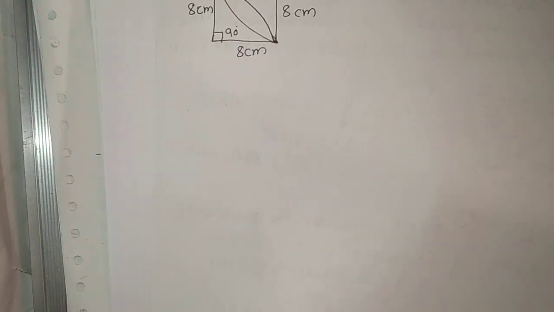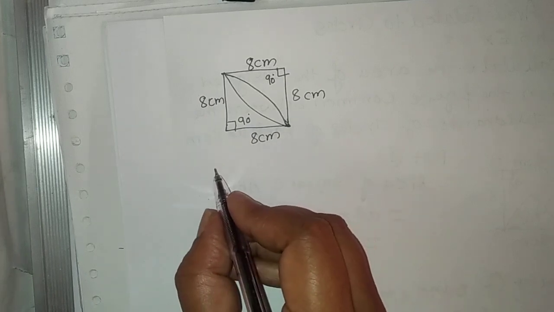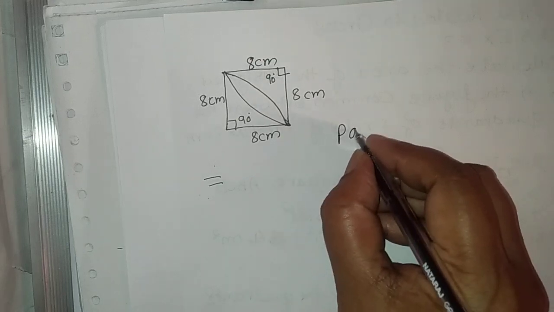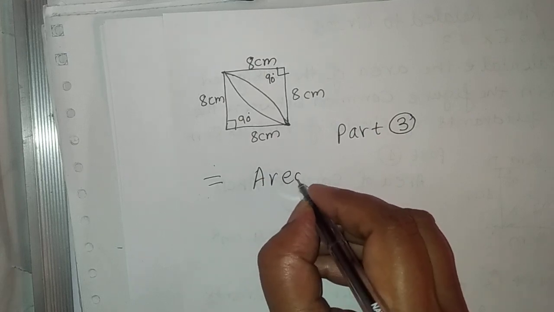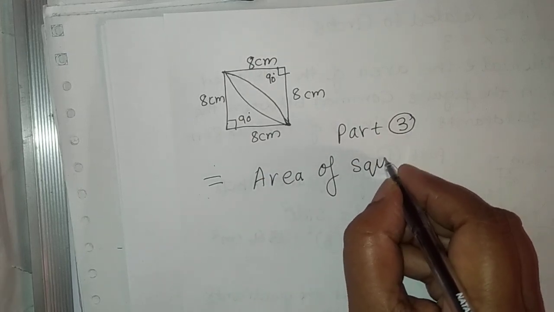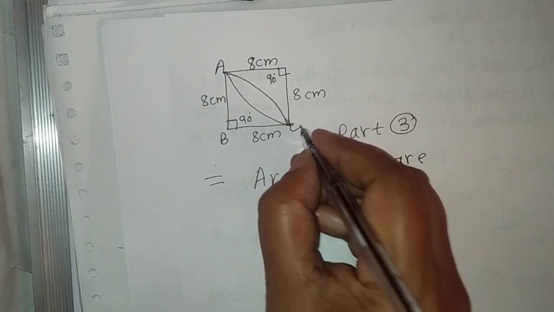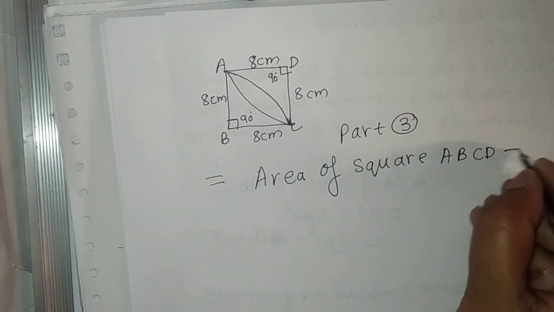First and second part done. So next is part 3. What is part 3? Area of the square ABCD minus